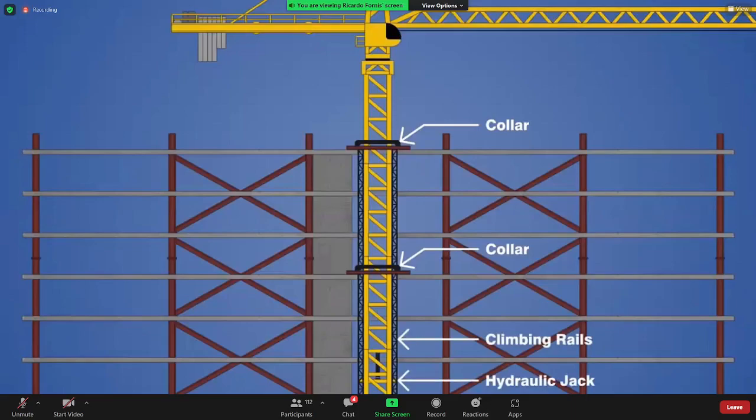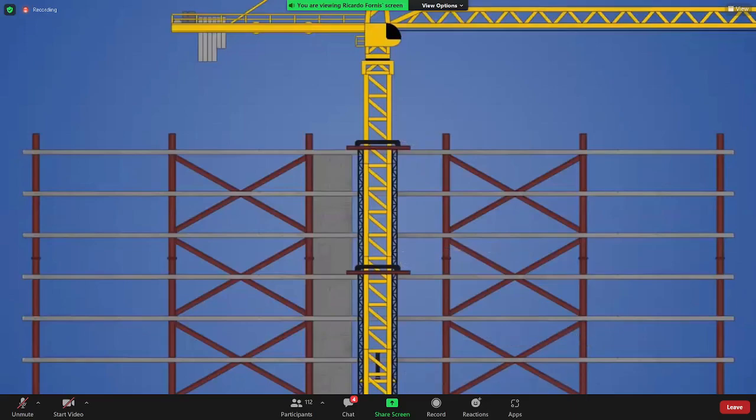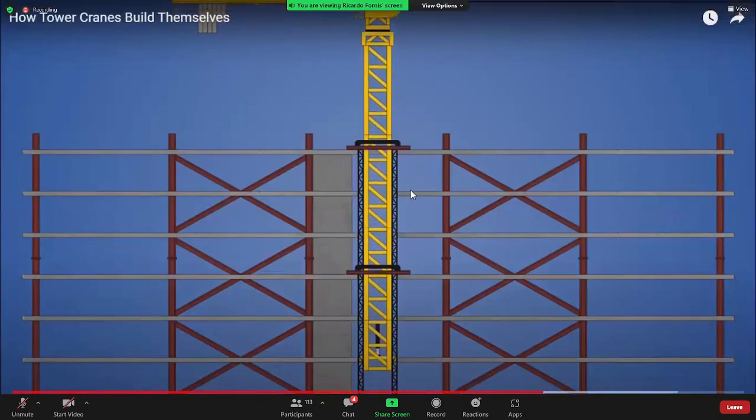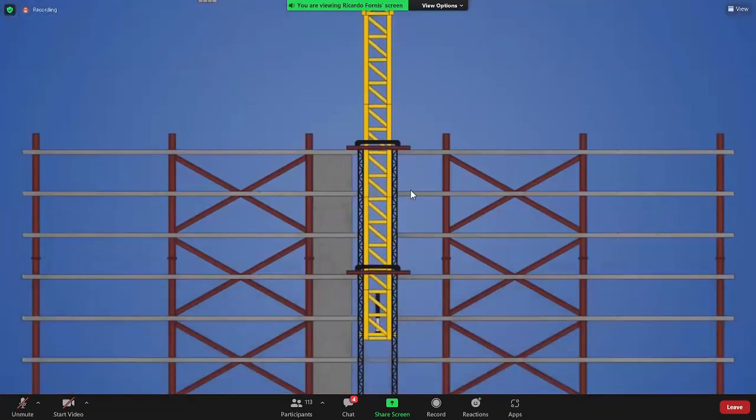When the crane is ready to be climbed, the tower is unbolted from the foundation, and the hydraulic cylinder is pressurized to take its weight. The cylinder is then used to lift the crane upwards until the bottom of the mast reaches the first collar,